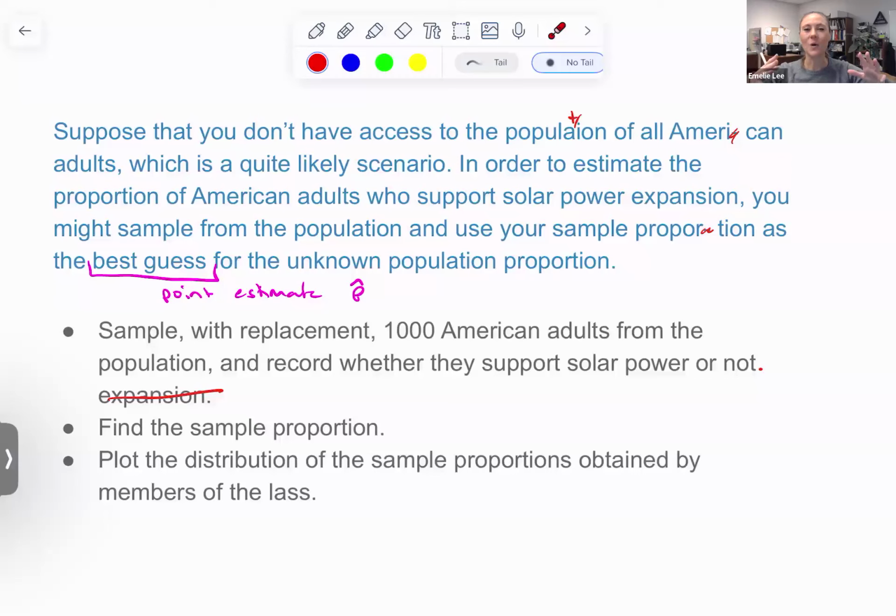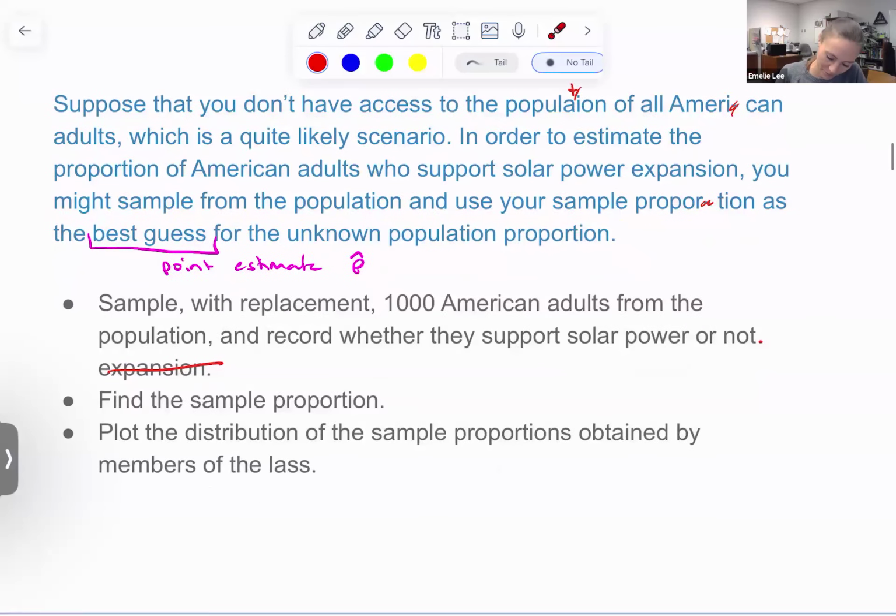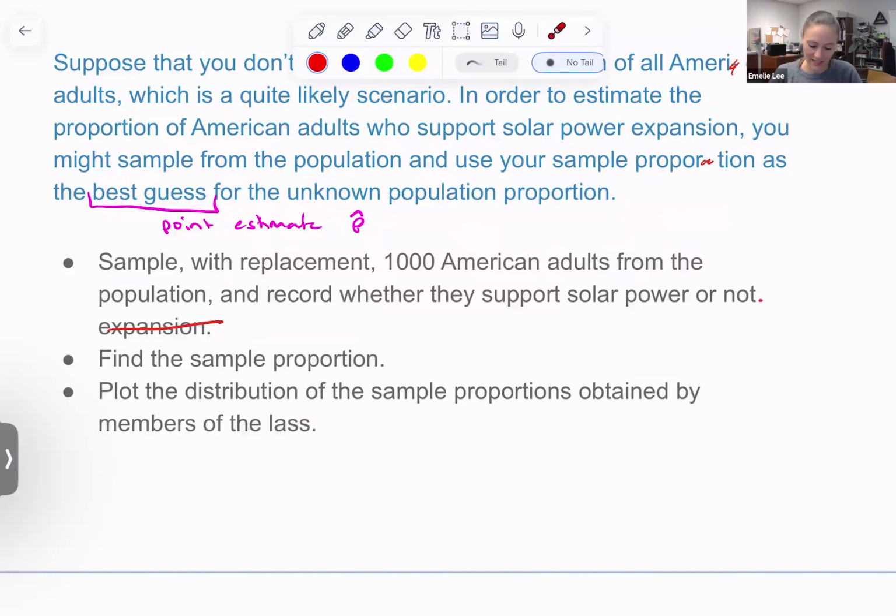Right? And so then you collect another sample, record the sample proportion, and then you send those out, collect another sample, record the sample proportion. All of a sudden, you're going to have this buildup of sample proportions. Those sample proportions are going to follow a normal distribution. I know, crazy, right? And so what you're going to find, if you plot the distribution of the sample proportions,